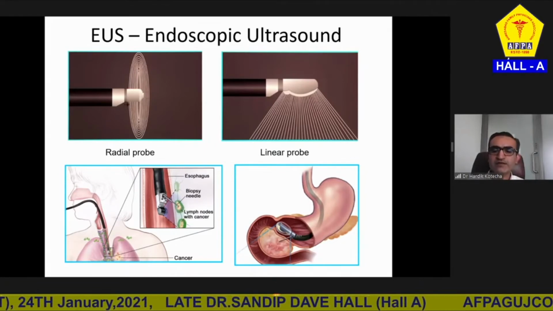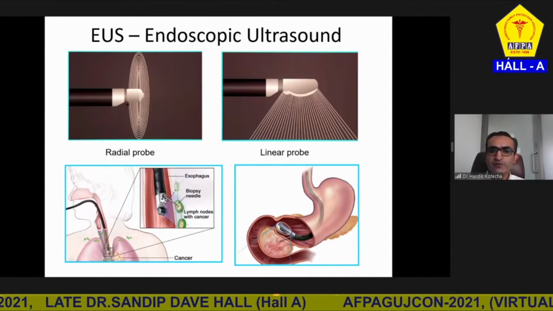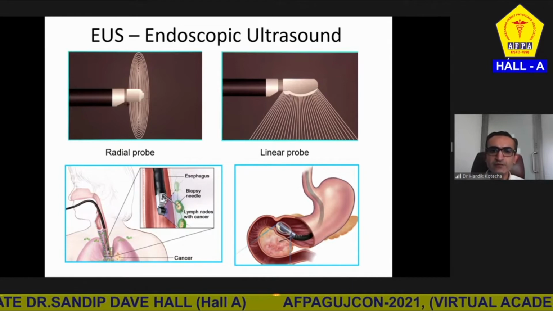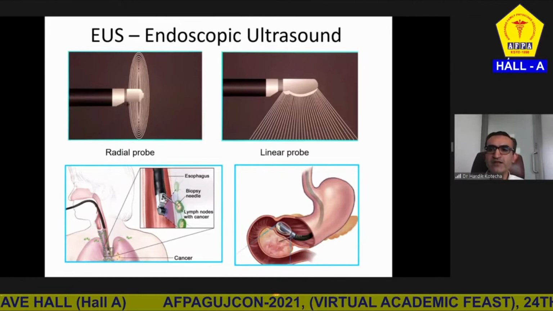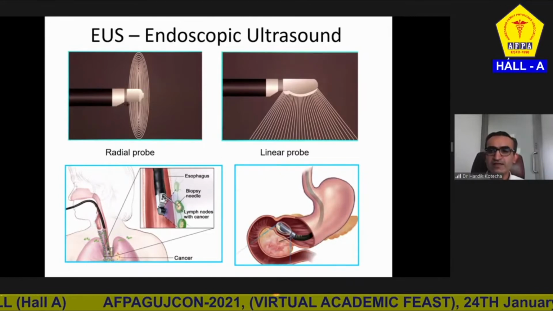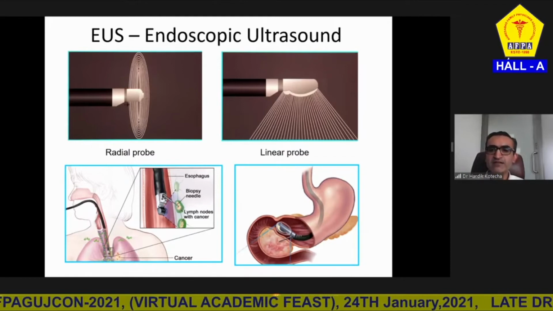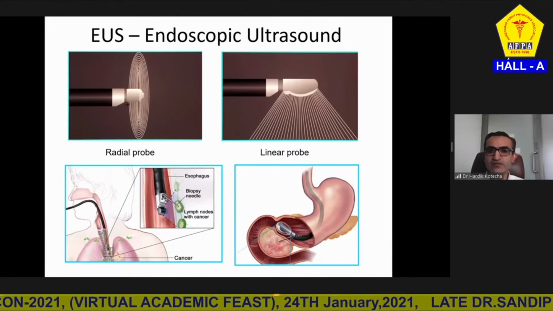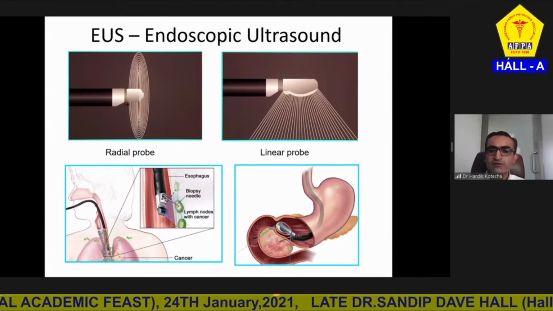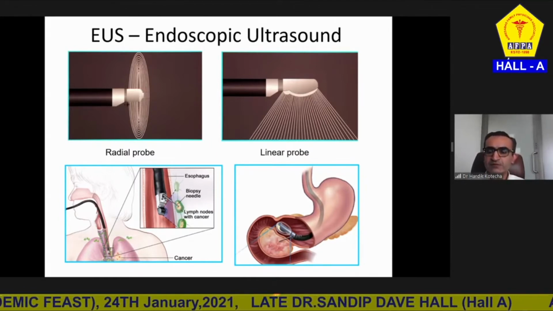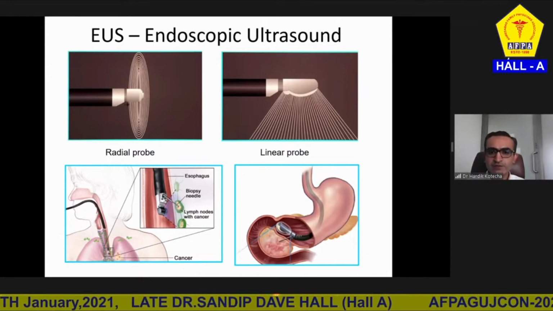So if somebody has mediastinal lymph nodes and the cause of the lymph nodes is not known, I can put the scope in the esophagus, I can see the lymph nodes and take samples from them very safely. It is an OPD procedure like doing a gastroscopy. These samples can be processed as normal biopsy, and we can even subject them to culture or immunohistochemistry if it is a lymphoma, for typing the type of tumor. So this is one important use, to obtain samples for diagnosis. And we can do many therapeutic procedures also with the help of EUS.